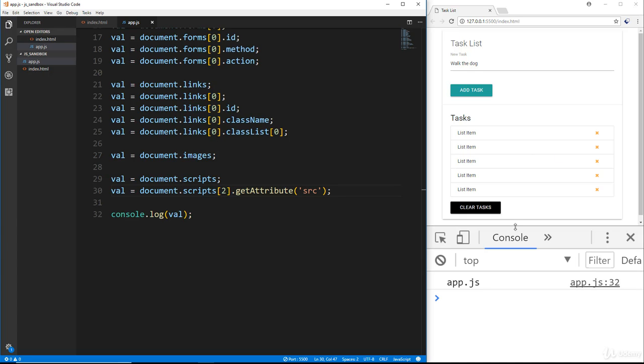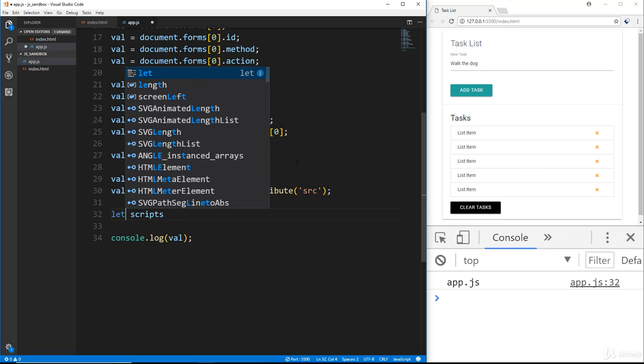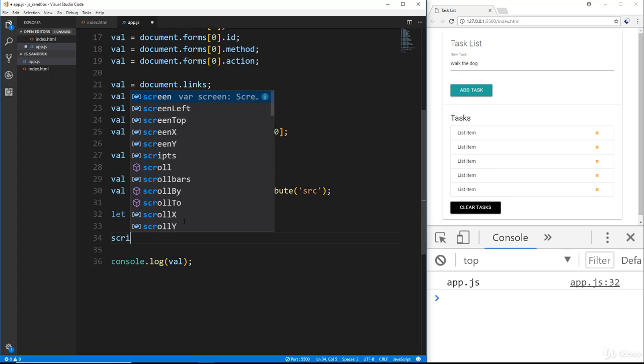Now, another thing I want to mention is that HTML collections, if you want to turn them into an array so that you can use things like forEach, which you can't by default use with a collection, you can go ahead and do that. Actually, first of all, I'll show you what happens if we try to do a forEach with a collection. So I'm going to just create a variable called scripts. Actually, we'll make this a let. Let's say let scripts equals document.scripts, and then we'll say